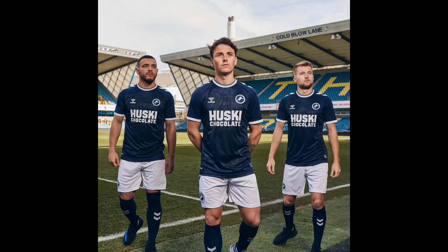Right, to 3rd place now. We've got Millwall. Once again, I think they smashed their kits once again. Husky chocolate, I really like that. Then you've got white on the collar, then you've got a thin shade of blue on there, which really mixes well with